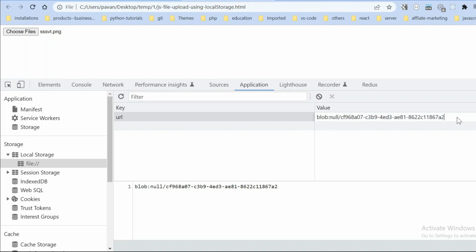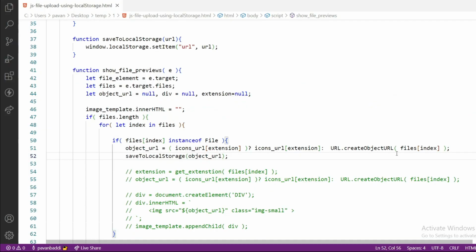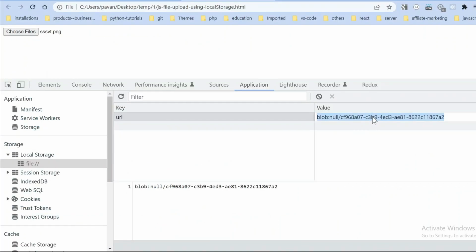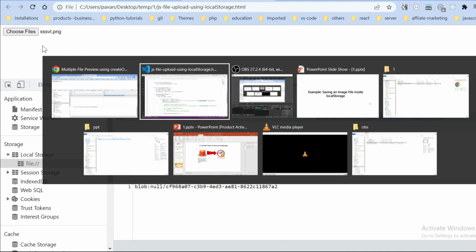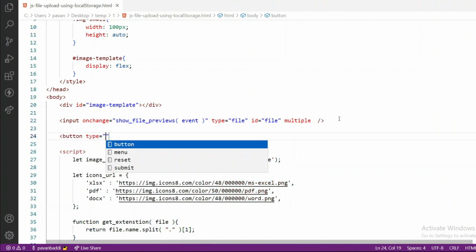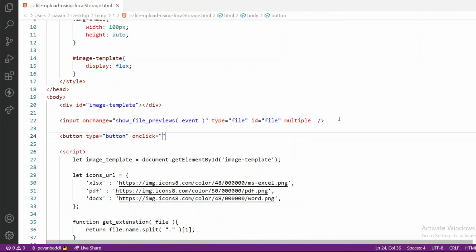I have not passed the binary. I have converted that file into a URL by using the URL.createObjectURL method. This will convert the object to a URL so that it could be locally accessible. So this is basically a URL string, and I can use the same URL to display the image here. So I'll create a button here,